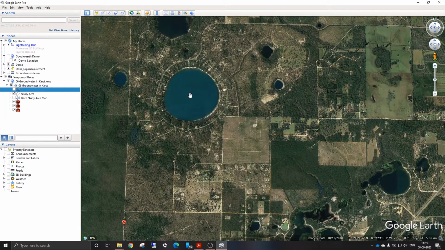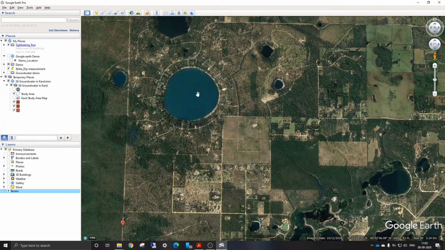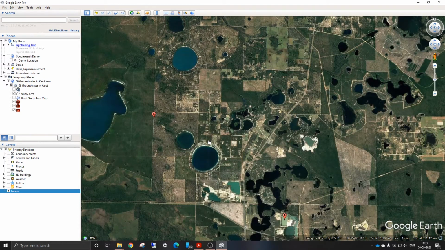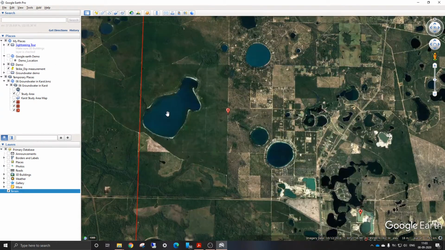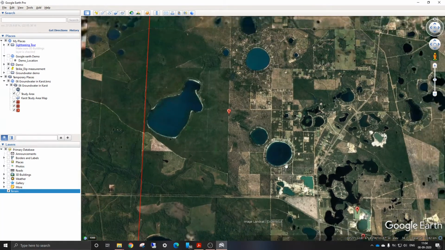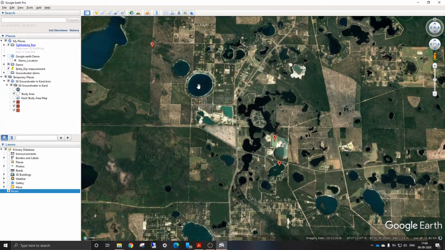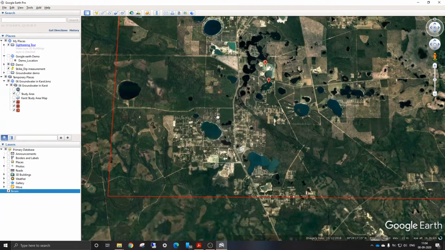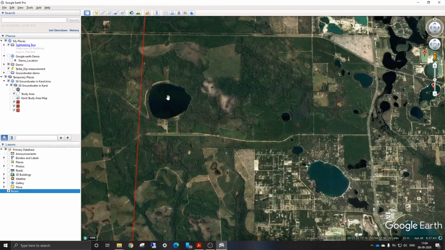But as you can see, the elevation is showing 0 meter because we have turned down the terrain layer. Now you can turn on the terrain layer. Now when you place your cursor on the water body, you can see the elevation of the water body. As I move my cursor over the water body, it shows the elevation. This elevation is with respect to sea level. This is the elevation of the water table.